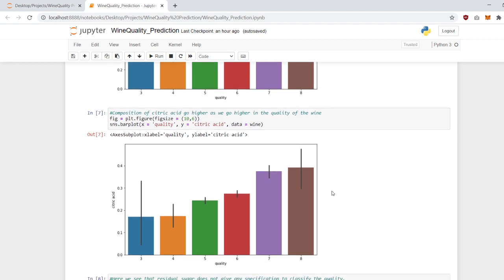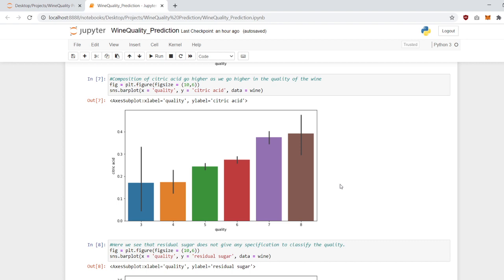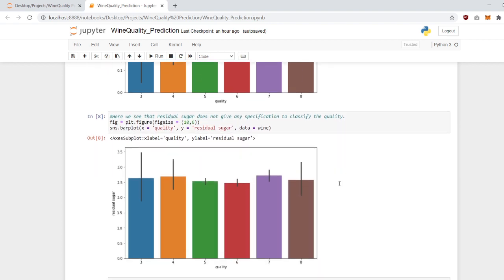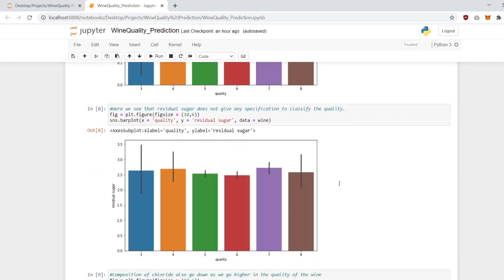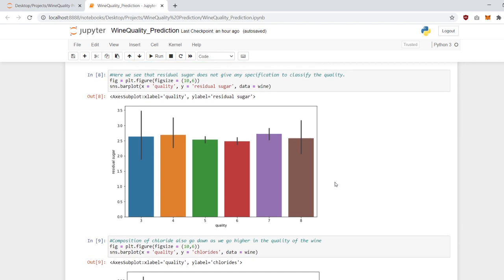And then we plot a graph between quality and citric acid. So over here the composition of citric acid goes higher as we go higher in the quality of the wine. For the residual sugar versus quality graph, we see that the residual sugar does not give any specification to classify the quality.